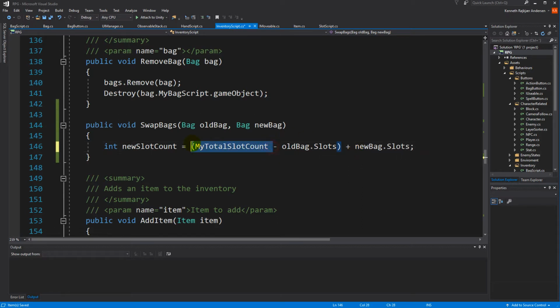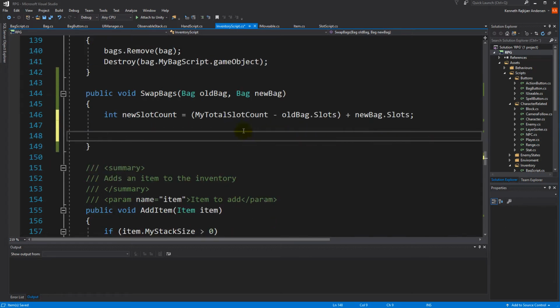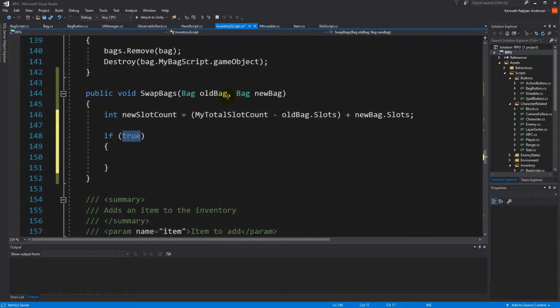So we have our total count, then we dequip one bag, and we equip the next one. By doing that, we have the new slot count. We know how many slots we will have when we're done swapping these two bags. So with that done, we can figure out if this slot count is enough for us to swap around. We can do that by saying, well, our new slot count minus